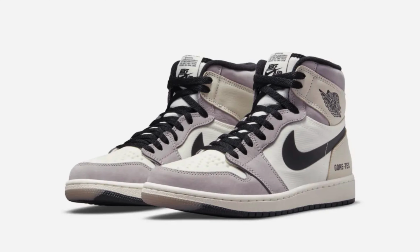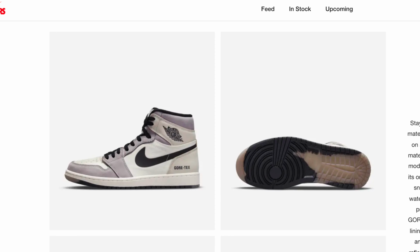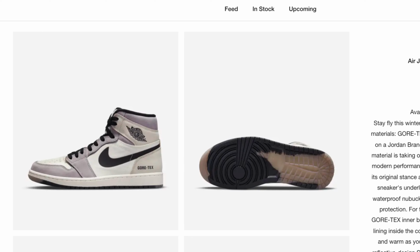Thanks. The second sneaker we're talking about this week is a Jordan 1. However, it's not any ordinary Jordan 1. This is the Jordan 1 Gore-Tex, which is actually waterproof. Now this sneaker is in the light bone or sail colorway and is also due to release on the 22nd of December 2021 and has a recommended retail price here in the UK of